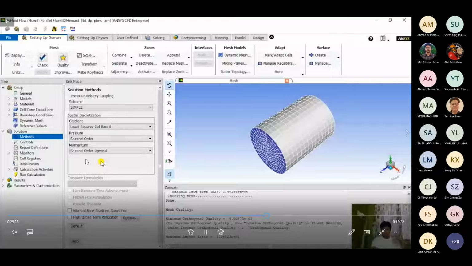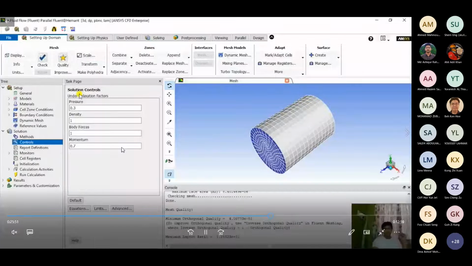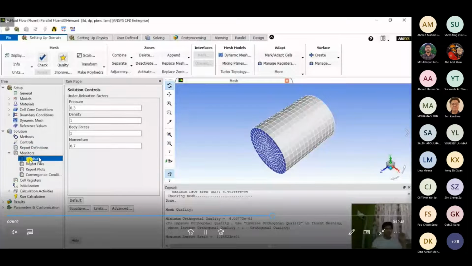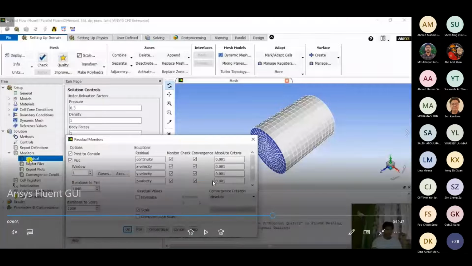So when you go here, the thing that I was mentioning about the convergence, in the monitors. Let me back it up a little bit. After the methods have been done, we would go straight to monitors to define our residual, our convergence criteria that I talked about in yesterday's presentation. Residual is nothing but the difference of two successive outputs. The smaller the difference between two successive outputs, the higher your accuracy is. We set it up as the difference should be 0.001. So it should be that small.